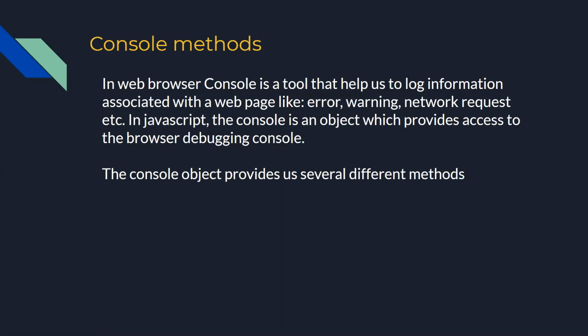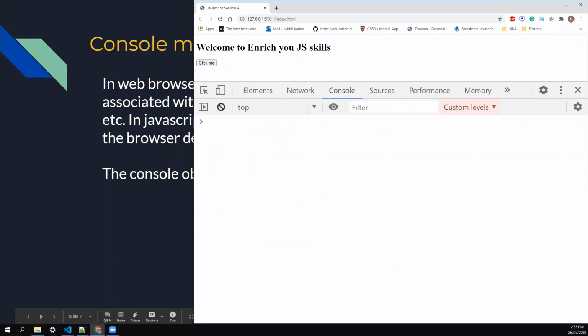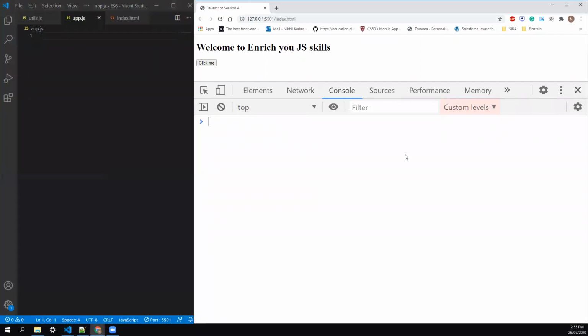So whoever are from the programming background and whoever does the JavaScript at least, they already know how console works, but let's go and see actually how console works. Those who don't know about debugging, it starts for JavaScript from console only. And this is our inspect element.